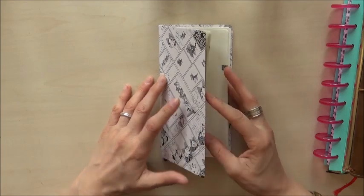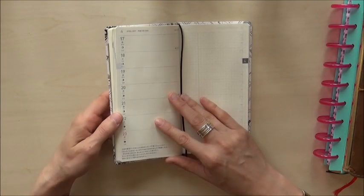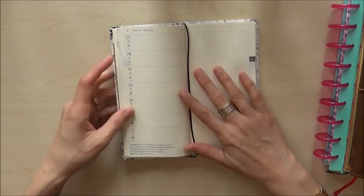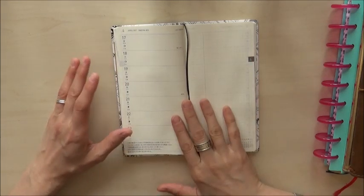So with this planner, I set it up as a gratitude planner, and I did use it for a few months like that, but then I just started to feel like it was overwhelming and I couldn't keep up with it, and it ended up in the graveyard. So I think that this will be really interesting to use as a comprehensive weekly planner because it's quite a